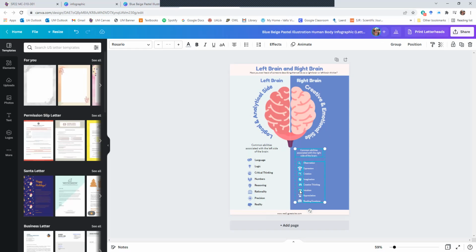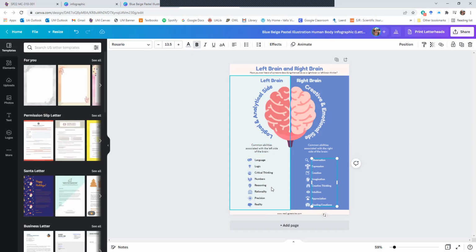Notice that we are using a lot of icons to visually tell the story along with our actual text. Now we want to make sure that these are sized the same since I dragged them. But you can see up in this corner that when I click on both of the texts, they're 14.2 for the subhead and 13.5 there. So that's great. They are aligned, which you can tell by